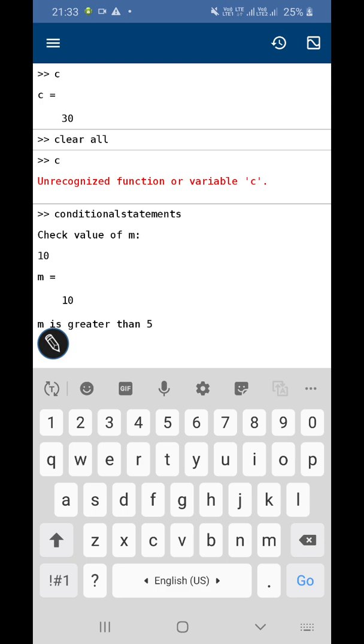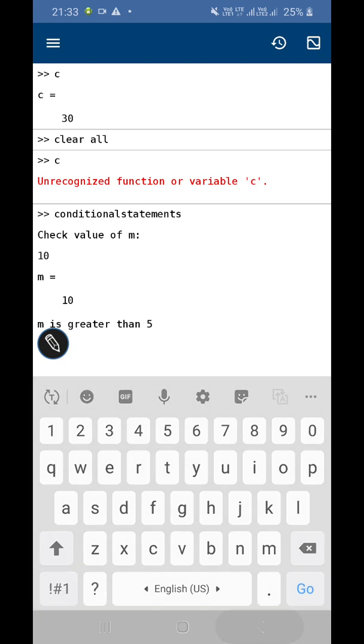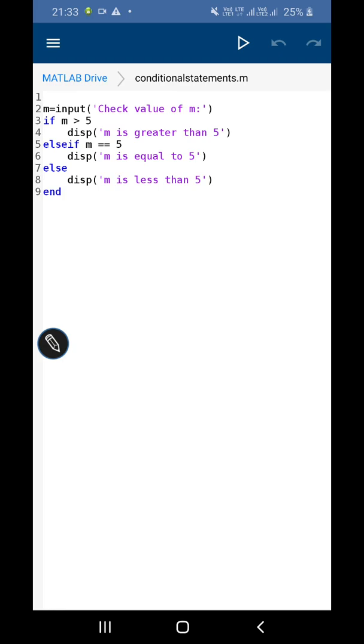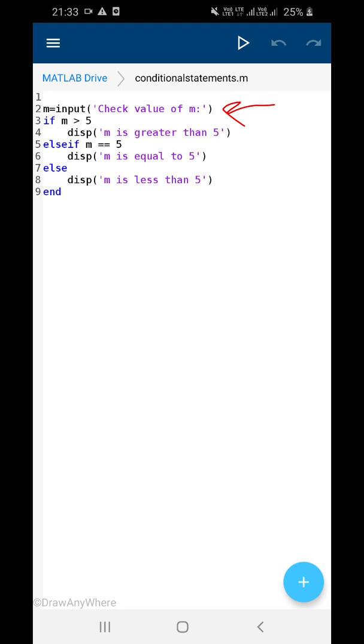So how does MATLAB come to know that this value is greater than 5? It is possible because we have created a simple program. Earlier MATLAB asked us for the value of m. How did we do that?